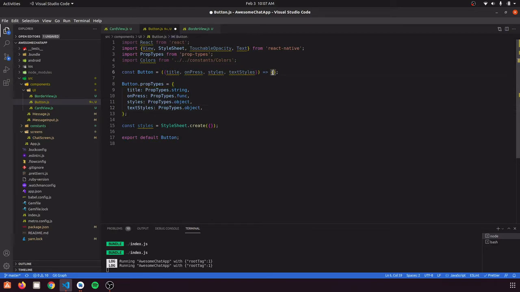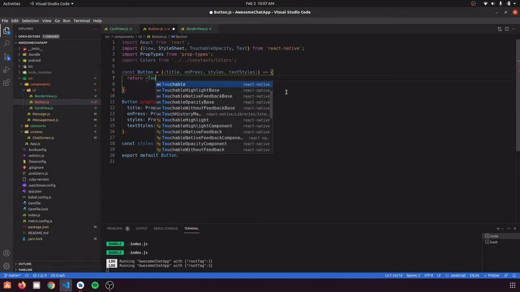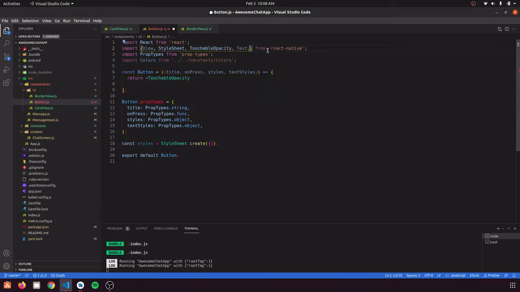So let's just return something from our button. So we are going to return a TouchableOpacity. So we by mistake imported Touchable.